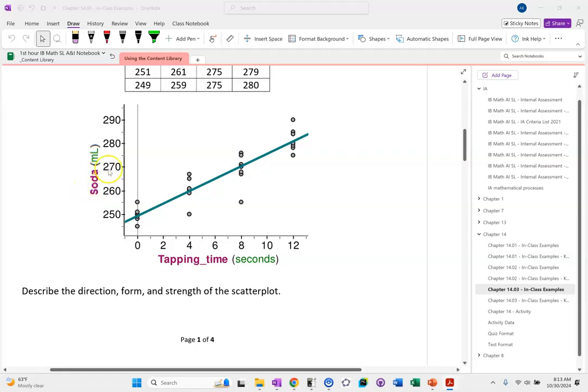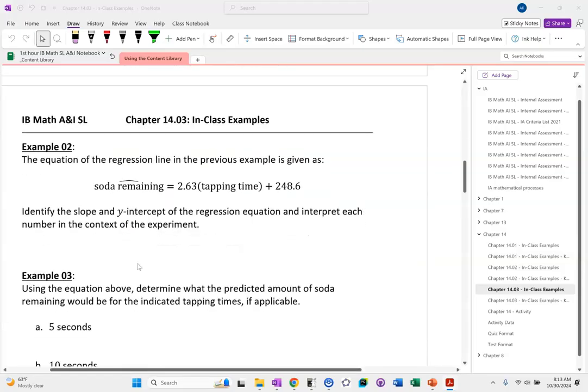So y is the amount of soda remaining, and x is the tapping time in seconds. To describe the slope, you'd say for every one, and then you fill in the x value for x. So every 1 second tapping on the soda can,